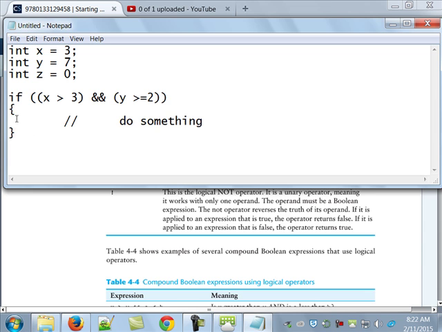Am I going to get into this? Do I get into that body? I'm asking you. Yes or no, and why or why not? I heard no. Why not? No, y is greater than or equal to 2, but x is not greater than 3. Right? So with an and, both halves of the equation, this has to be true and that has to be true. On the other hand, if I did this,